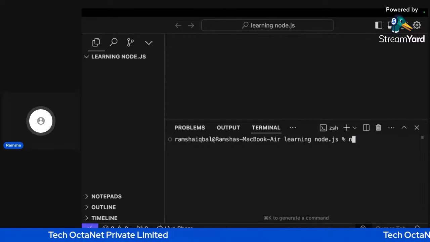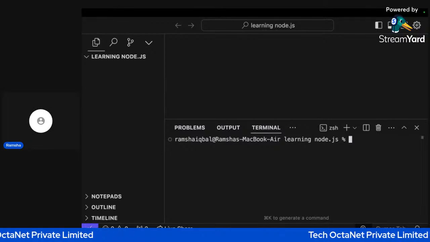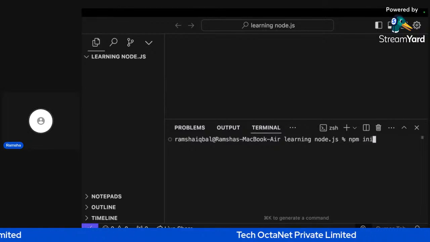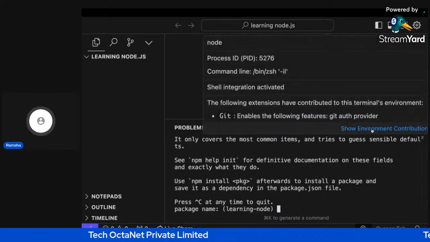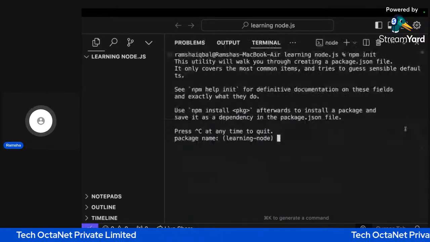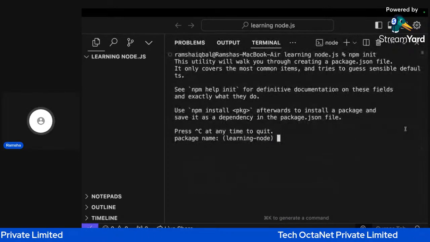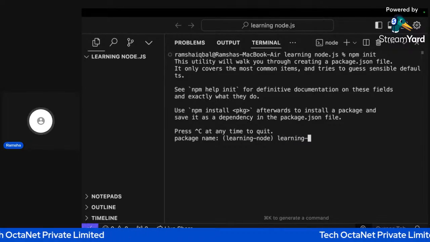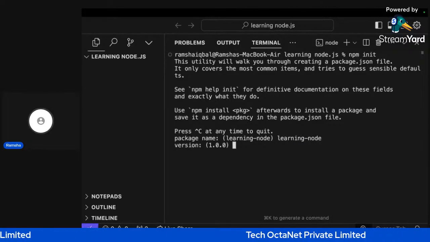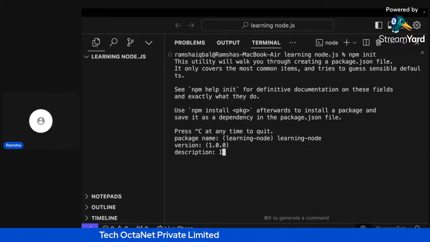Now, what I will do is use npm init. Now it's asking me some questions. This is how we are going to create a new backend server in our application. So now it's asking for the package name. I will give it learning node. This will be my package name. Then I will continue with the version. I will write the description: